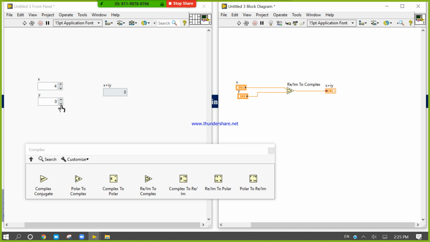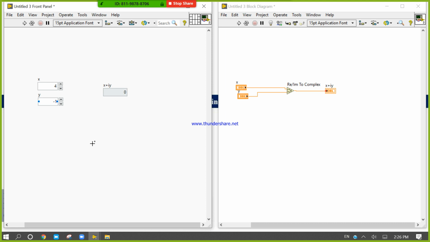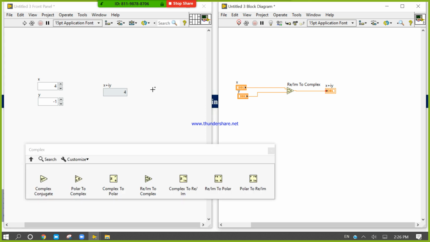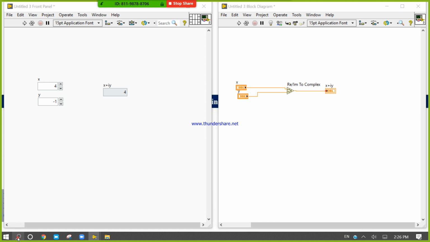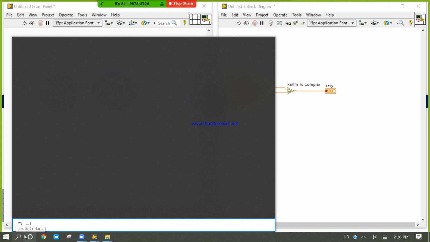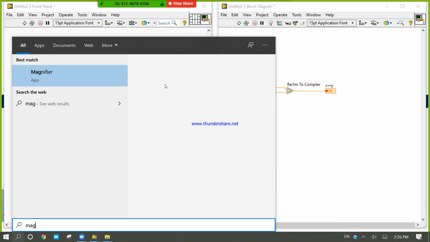Now if I run, my expectation is 4 minus i, 4 minus 1i, but the output is only 4. Why? If possible, I need to use the magnifier to show something.